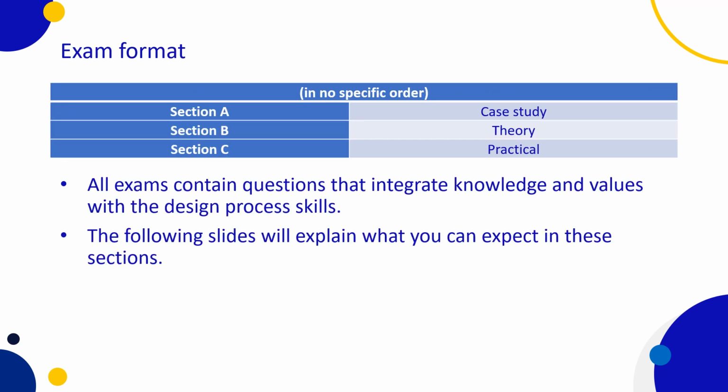Let us take a look at the exam format for the June examination. You can expect a Section A, Section B, and Section C. However, please note that these sections are in no specific order. In Section A, you can typically expect to find your case study. In Section B, you can typically expect to find theory. And in Section C, you can typically expect to find the practical component of your exam where you do your